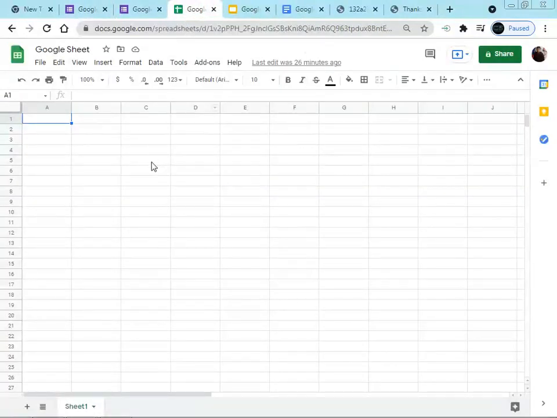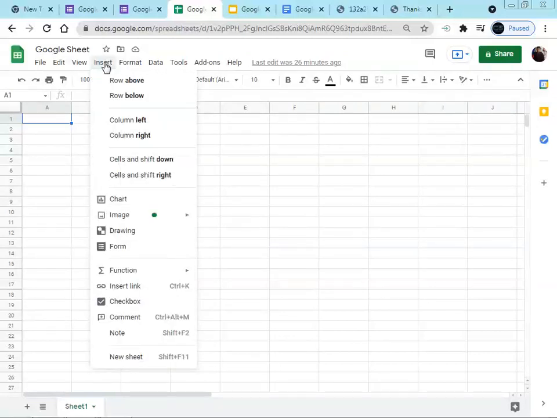For the insertion of these images or formulas in the Excel sheet, we have to go to the insert option. In the insert option we have the image, and in the image we get the first option, image in the cell, and the second one, image over cell. So we have to put the particular formula in the particular cell. For that we have to select this image in cell. If we have to put that formula over 2 to 3 cells, in that case we have to select image over cells.